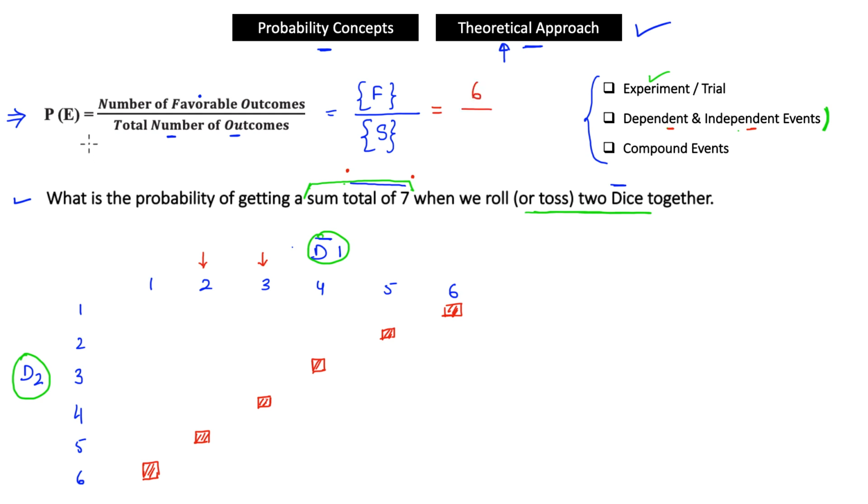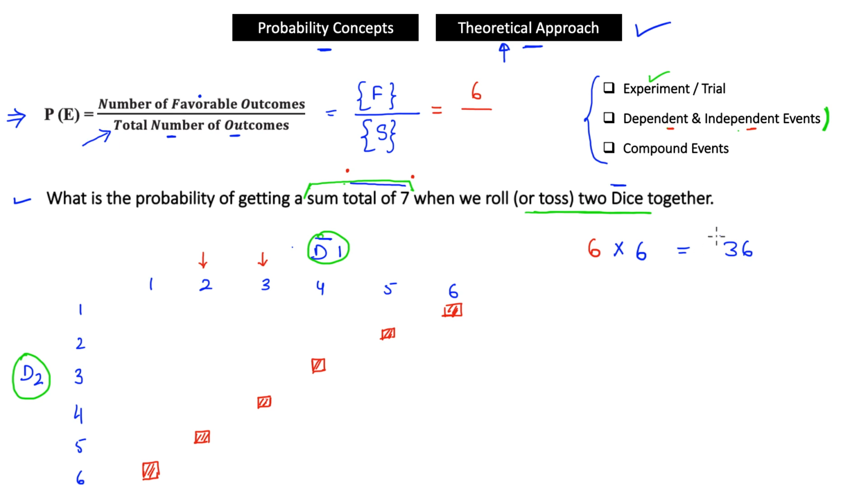Now let's get to the slightly complicated part. What is my total number of outcomes? Well, here is why the understanding of dependent and independent events is very useful. You see, you have two dice, correct? The die 1 could result in one of these possible outcomes. So there are 6 possible ways. You could get a 1 or 2 or 3, 4, 5 or 6. Likewise, there are 6 possible ways for the second die, correct? So you simply multiply all possible outcomes from each die, and that is your total number of all possible outcomes.